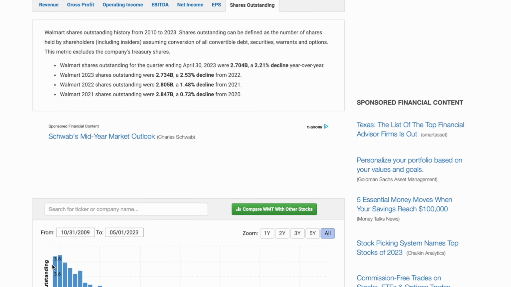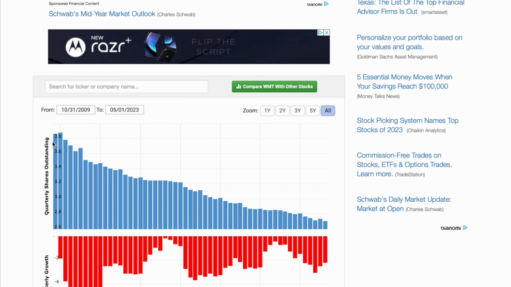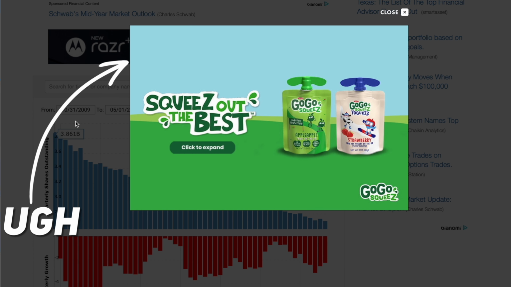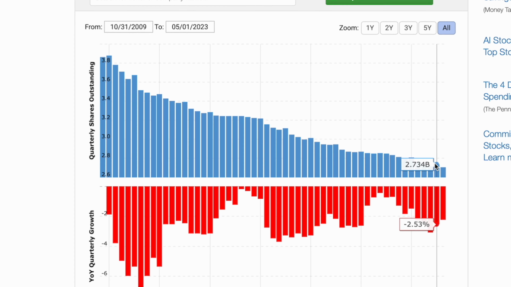Now, they are ad supported, and as far as I've noticed, there's been an increase in ads that have popped up on the site, especially ones that take over the screen, so that's a little annoying. But the data they provide is amazing, and it is free, so I'm not complaining. And one of the primary things that I use it for is to see the shares outstanding trend that's happening